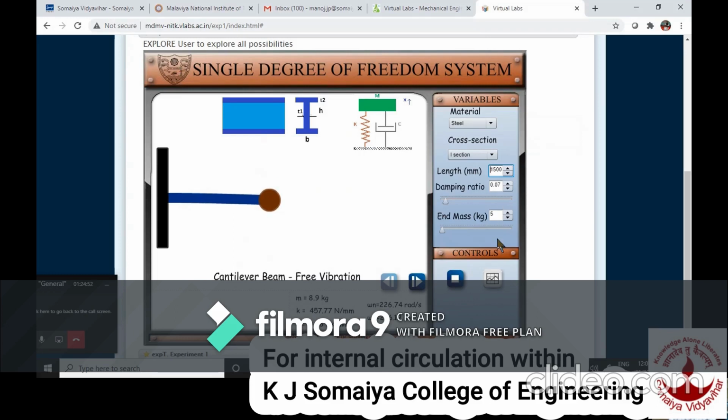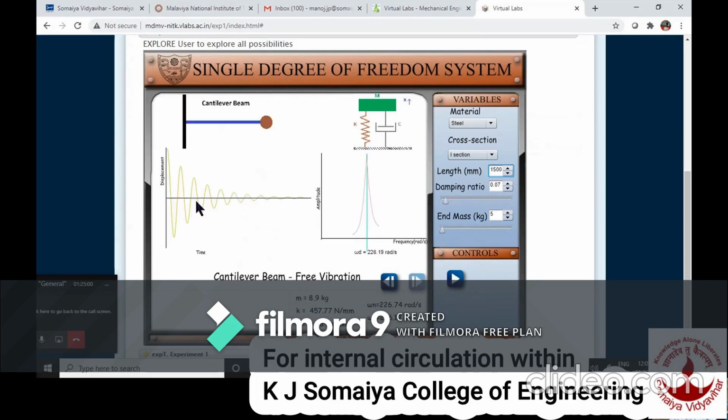Now I will show the effect of this damping ratio. You can go to either graph mode or this experimental setup. I will go to the graph mode. Now in graph mode you can see the logarithmic decrement, or constant decay in the amplitude, as well as the fast Fourier transform of this displacement curve, indicated on amplitude versus frequency, where the damped frequency is given as 216.19. Now you can see when the system is damped or underdamped, in that case the damped frequency is always less than the natural frequency. You can observe from this that the damped frequency is less than the natural frequency.